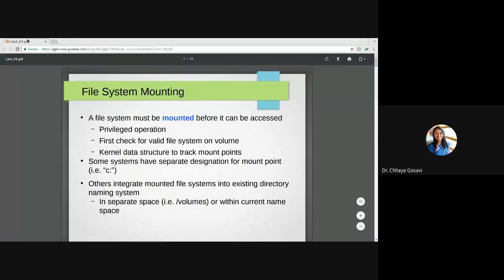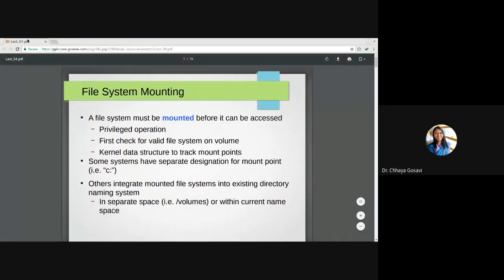In file systems, we have seen what is a file, what are file attributes, then how to access a file, different accessing mechanisms like sequential access, random access or direct access, and indexed access or key access. Then we have seen directory. Yesterday we have seen directory structures: single level, two level, tree or hierarchical directory structure, then acyclic graph directory and general graph directory. We have seen advantages and disadvantages of these directory structures.